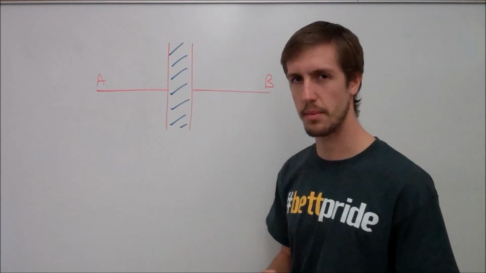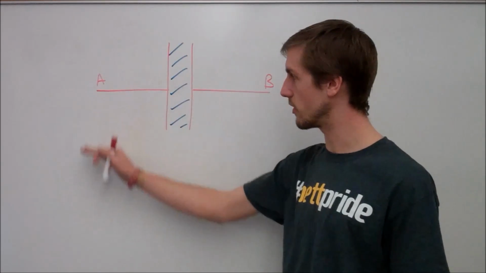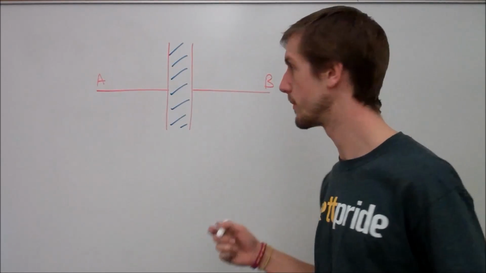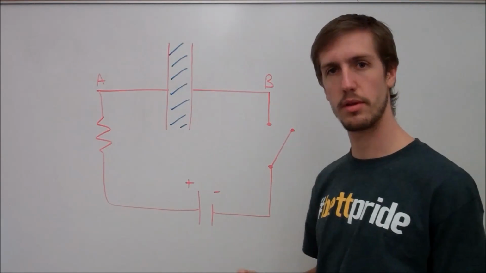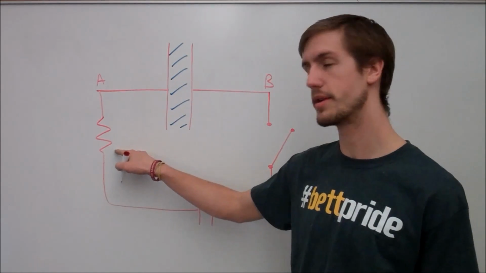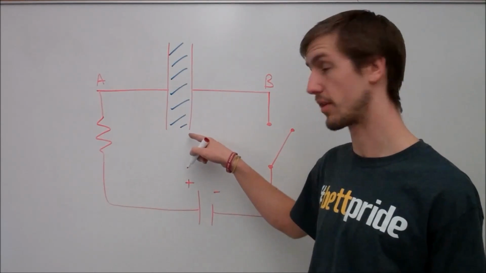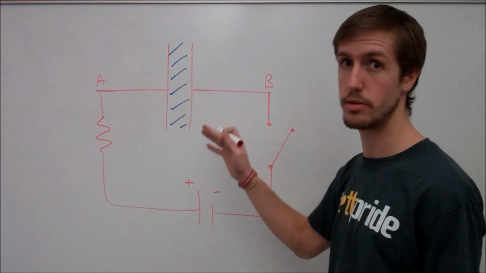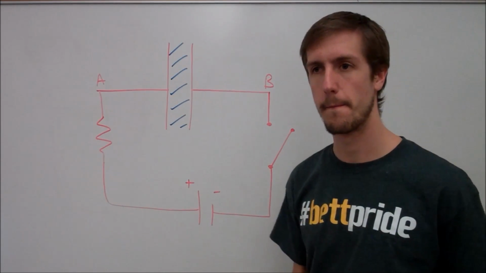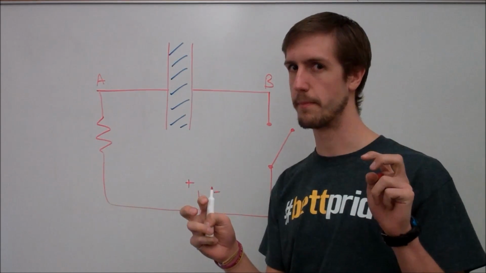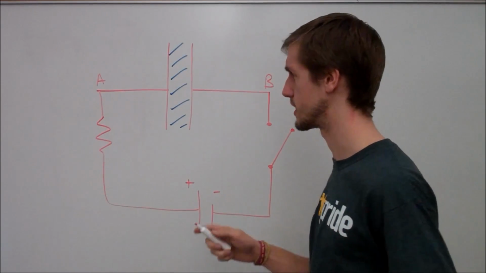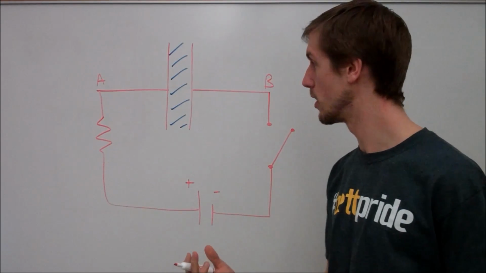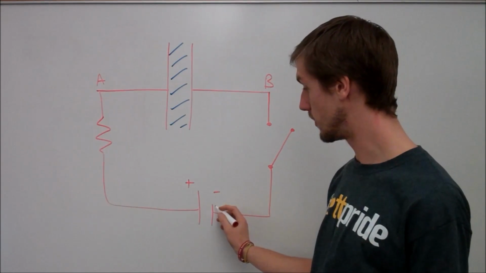And the easiest way that we can build up a charge on here is if we were to connect both of these end wires up to a battery. So I'm going to show that as well. Now what I've done is I've built a very simple circuit where I have one resistor, one battery, a capacitor, and a switch. So as I close this switch and I allow current to flow, and I'll tell you why I use the quotations in just a second,